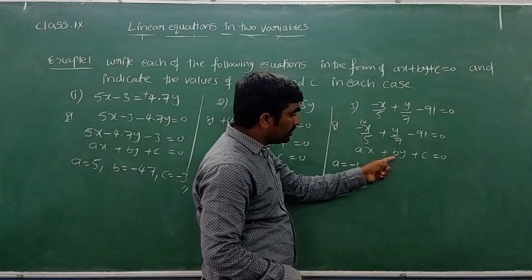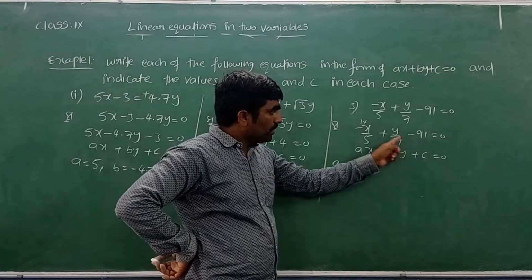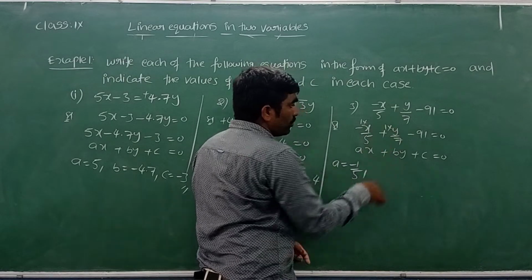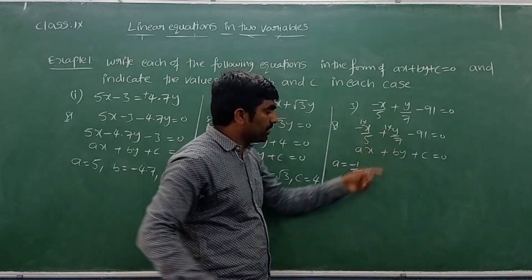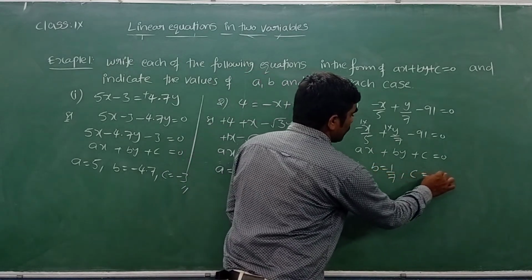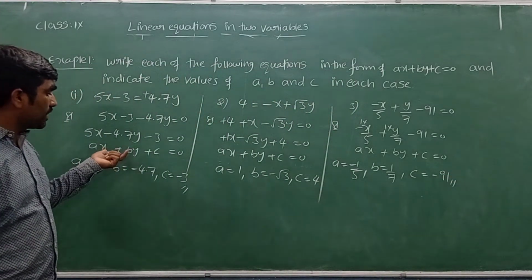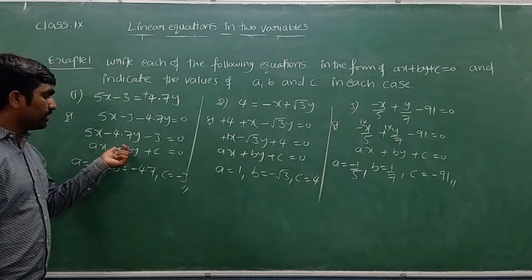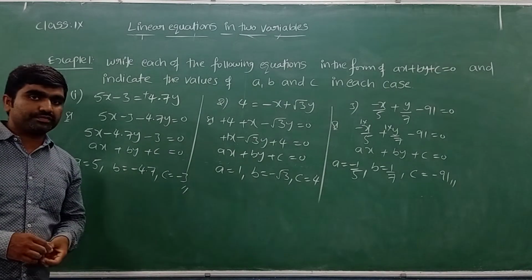Similarly, tell me what is the b coefficient? The y coefficient here. B is the y coefficient. If there is no coefficient, you can write 1 into y only. Now b is equal to how much? The y coefficient, 1 by 7. I can write b is equal to 1 by 7. The constant term is what? C is equal to minus 91. So that is the way we can express the standard form of a linear equation in two variables. I mean first the x term, then the y term, then the constant. After that we write the values of a, b, c.